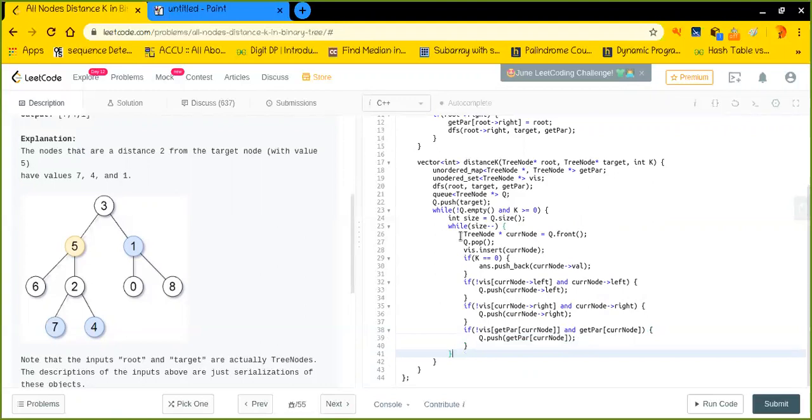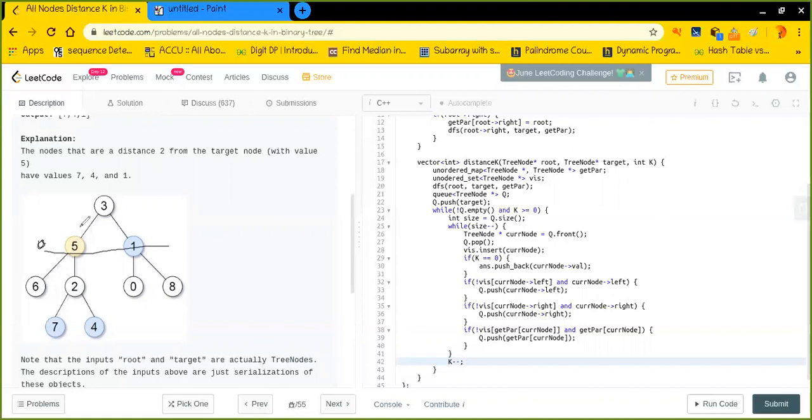And let's say I just have traversed the entire level, I mean the level I'm currently at. So I'll now try to decrease my k. Why am I decreasing k? Let me tell you, just let me pick my pen. So see, this is nothing but level 0 for this particular target node. The target node you can consider as the actual node from where I am trying to find all the nodes which are present at k distance away.